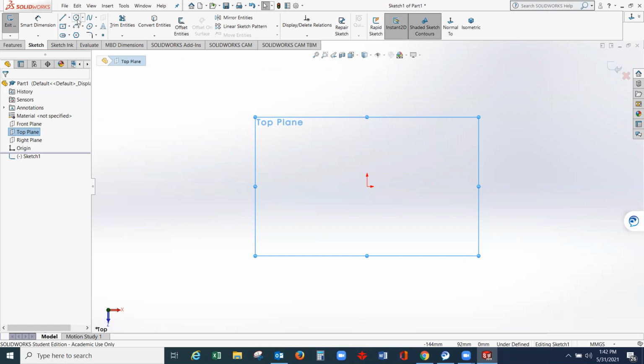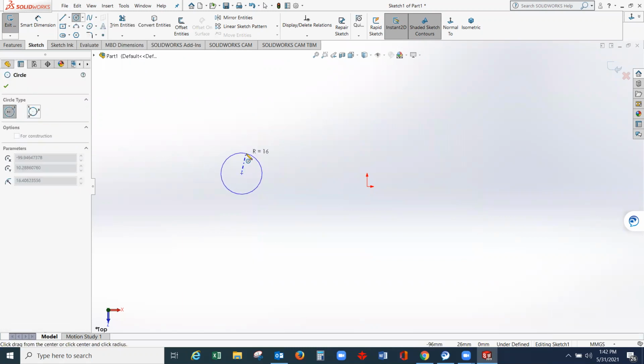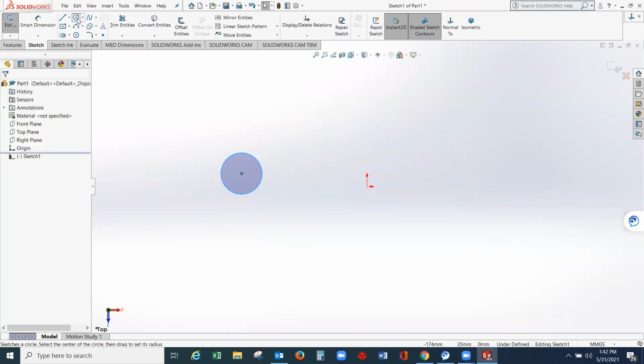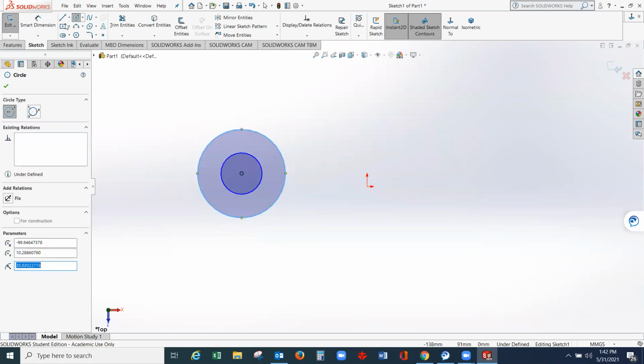So for example, you have a given two-dimensional drawing. So let me give you an example. Let me construct one geometry.